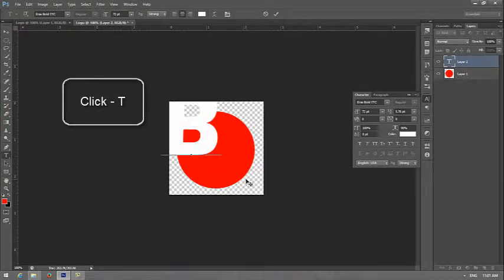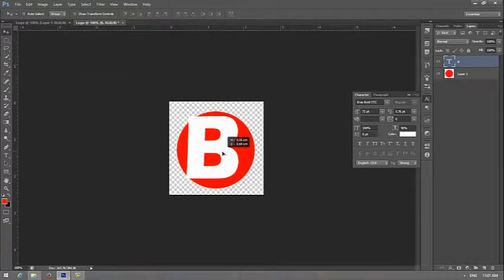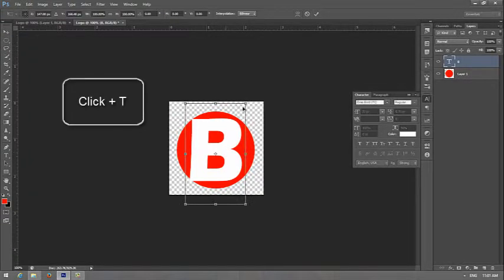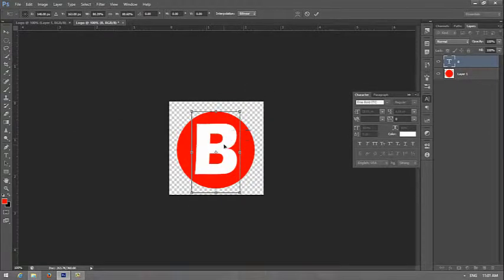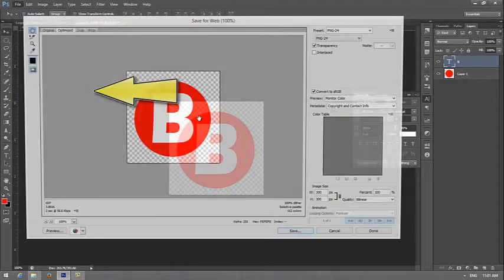I'm going to click the screen. I'm going to write the first letter of my name, which is Brandon, so I'm going to position that so I can put it on the screen, and then I hit the letter V to get my move tool. I'm going to hit Control T to bring up the constraining boxes to shrink it, move it into the middle, and then I'm going to hit the check mark, and then I'm going to go File, Save for Web,